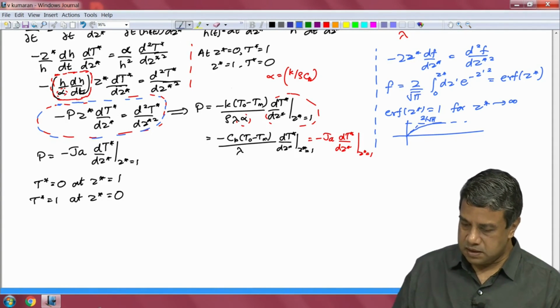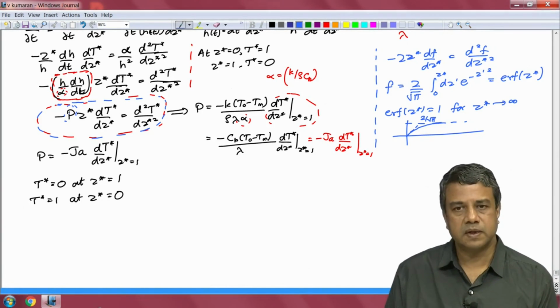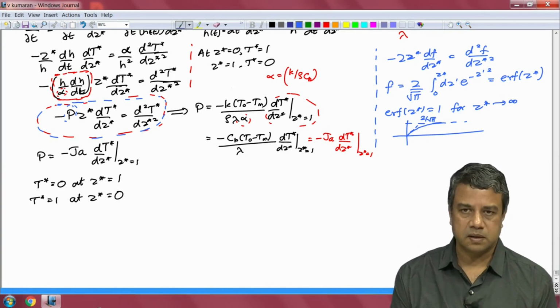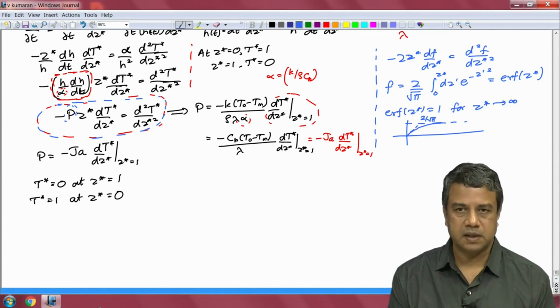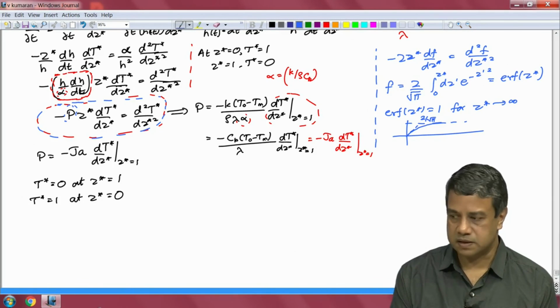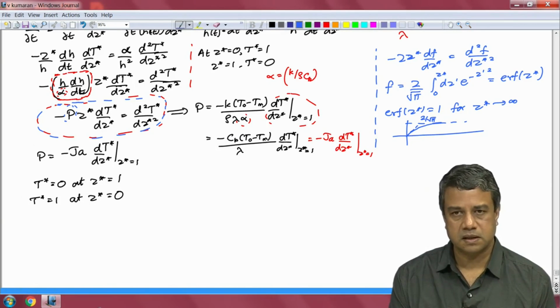In this case, instead of 2 we have this parameter p. So, we just have to modify that solution a little bit in order to get this parameter p instead of the factor 2 in the equation for the error function. So, we will continue this in the next lecture, and I will see you